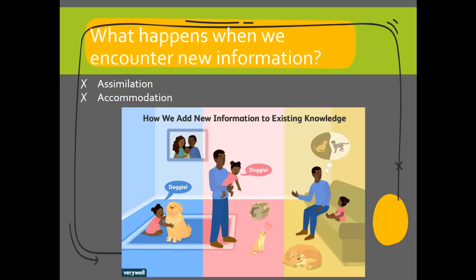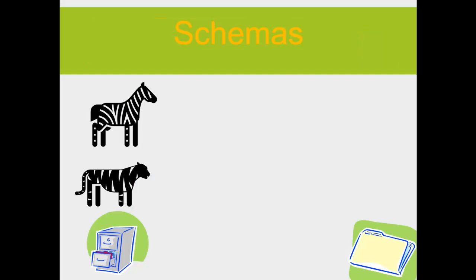But as she gets to know the cat a little bit more, maybe her family gets a cat. I guess that's what's happening here. They're getting a cat. She starts to realize the differences between the two and realizes, oh, well, the cat is furry and has 4 legs, but it also meows, and it's just a little bit more temperamental than the dog. So now she has changed her existing schema to adapt to the new information. So that is accommodation.